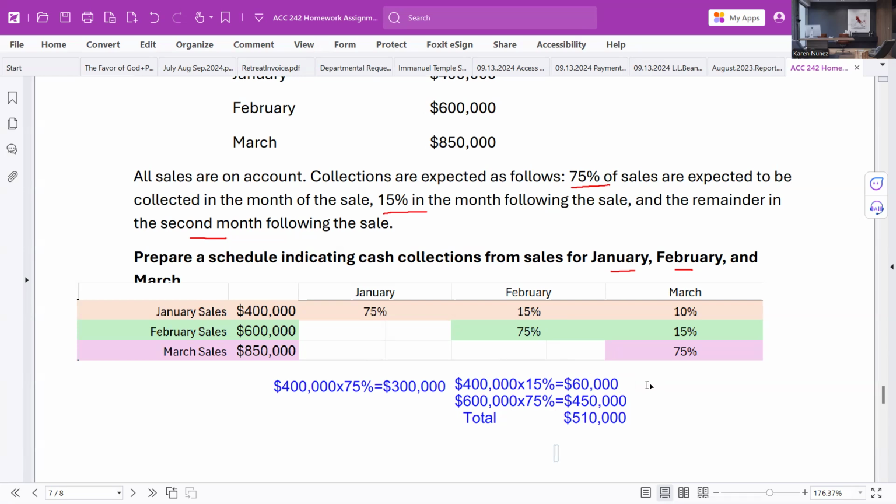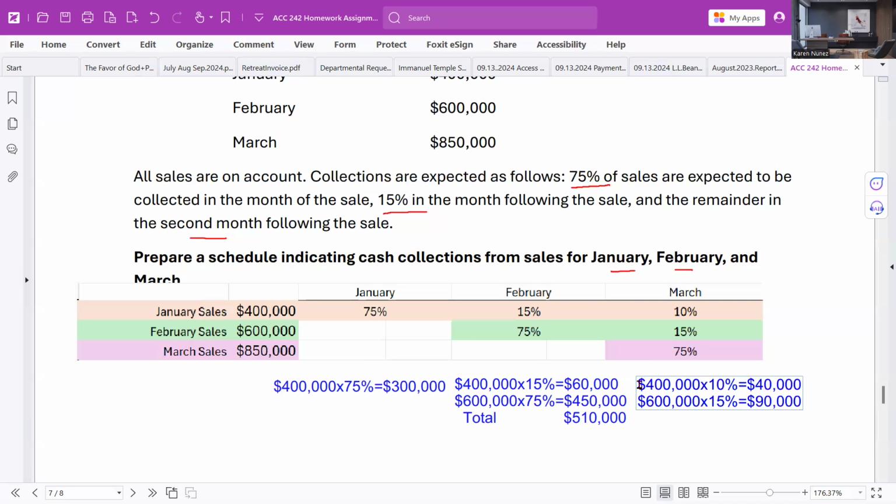And then in the month of March, they're still collecting on January sales, right? So we still have the 400,000 from those January sales, but there's only 10% left. They're only collecting on the 10%. So we're only going to be seeing $40,000 from those January sales in the month of March. And then also in March, we have those February sales. We're still collecting on some of those February sales. In fact, we're collecting on 15% of those February sales, right? So now we are able to collect on $90,000